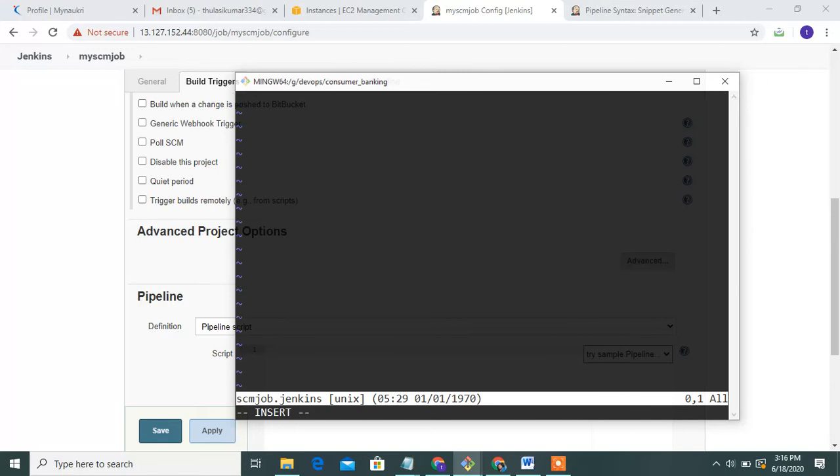Deploy all the stages: checkout stage, clean stage, deploy stage and test stage. These are all the stages, and write the small Groovy script.